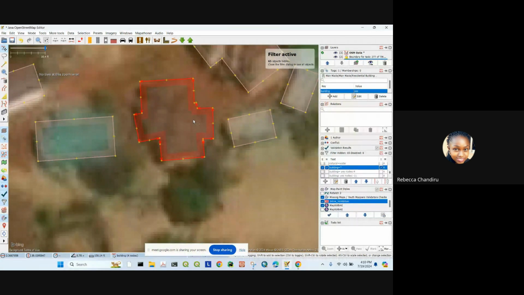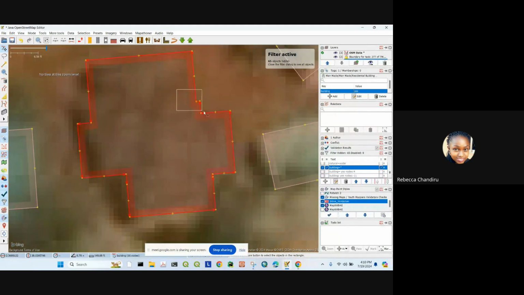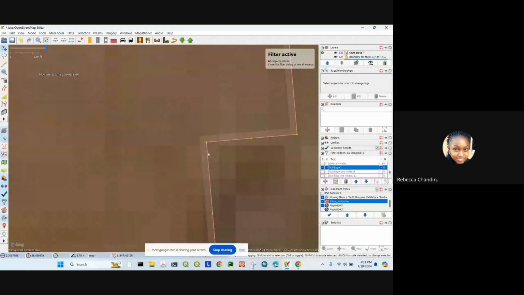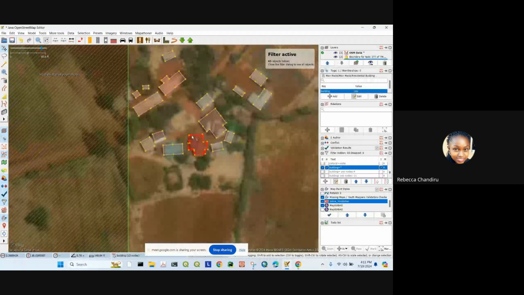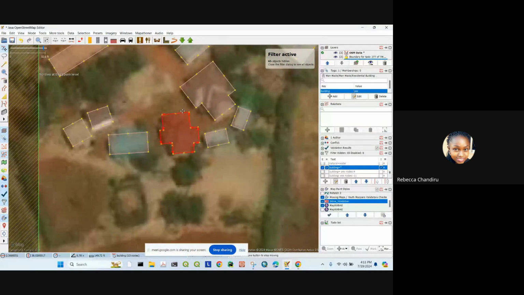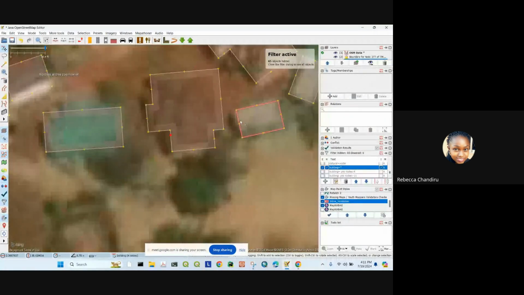Remember, we are not permitted to do a lot of deletion, but modification is the best. Once I do this, the history of everyone will be left. Okay, so I would press Q to square, and then I'll just delete these extra corners that I think are not necessary. So this is what a validator does. I'll press Q. I'll just move it a bit here, and I think this is also not necessary. I'll move it and press Q, and I think I'm done. I'll delete this extra node,